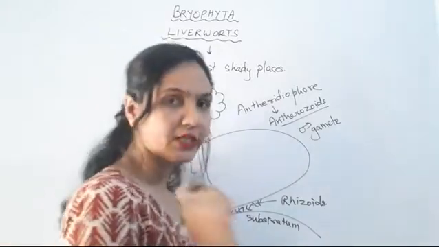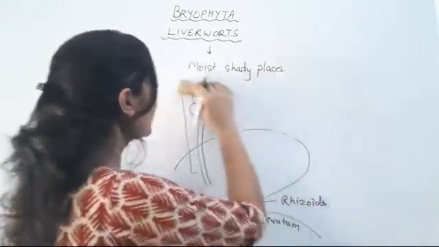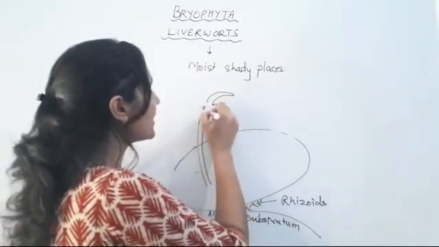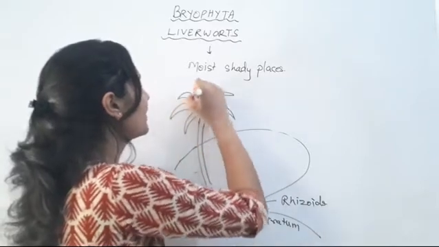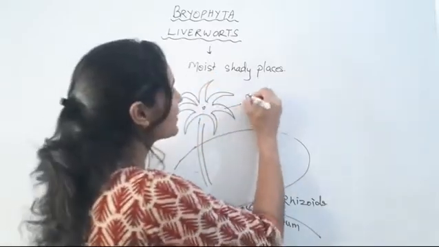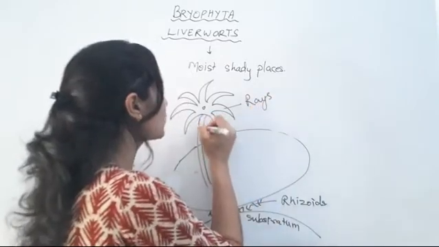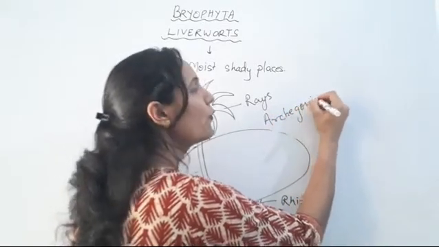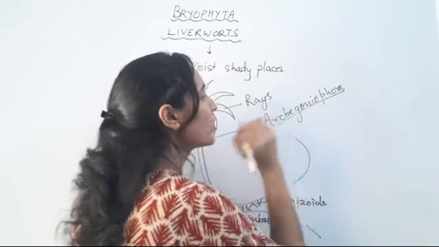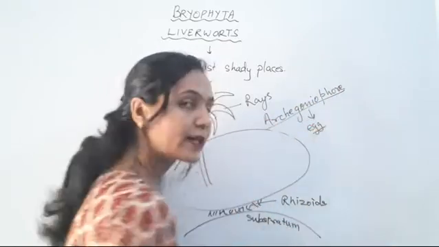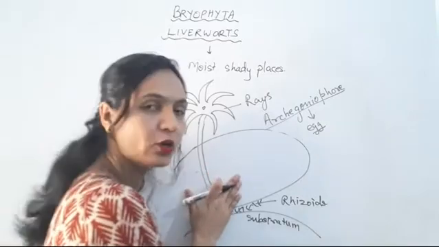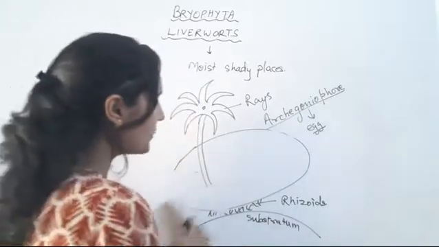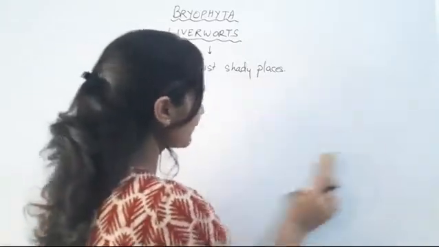Now next is the female structure. So what is the change here? This is a stalk-like structure. Here you can see the difference between the male and female, right? You can see the different rays which arise on the stalk-like structure, and this is known as archegoniophore, which produces eggs. Clear? Did you understand, beta? So this is the thalloid-like structure of the male as well as the female. I have characterized it for you. Okay, next we'll move to the reproduction of the liverworts.